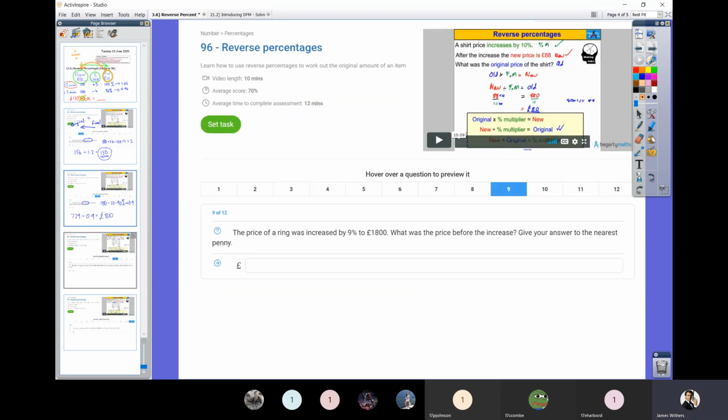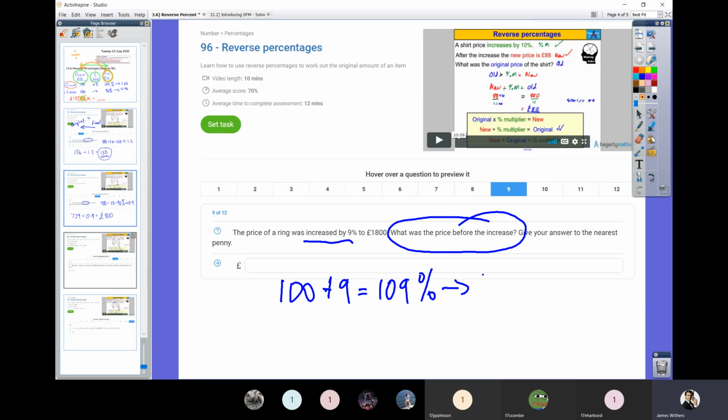Question 9. So the price of a ring was increased by 9% and it became 1800. What was the original price, they're asking? So usual thing, because it's an increase, we just take 100, we add our 9%, 109%, giving us a multiplier of 1.09. Because we're going from final price back to the original, we take 1,800 and we divide by 1.09. So 1800 divided by 1.09, and I get